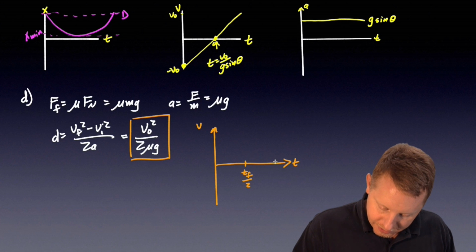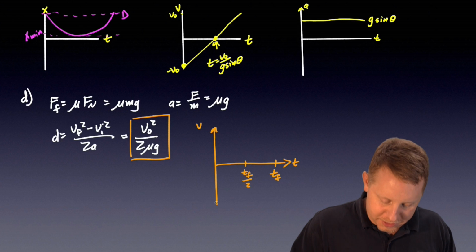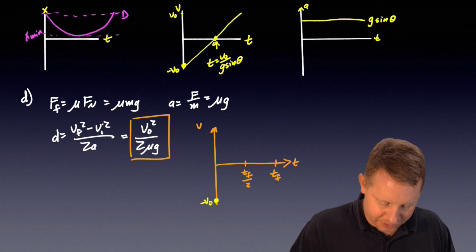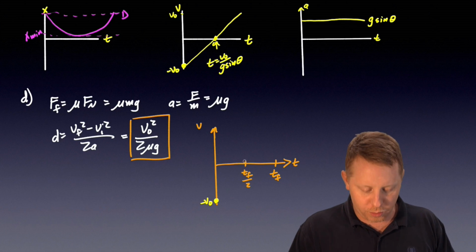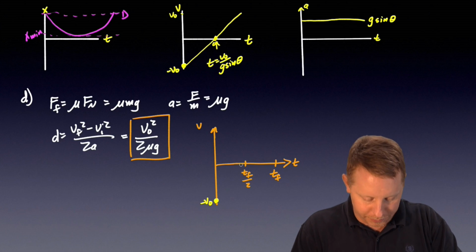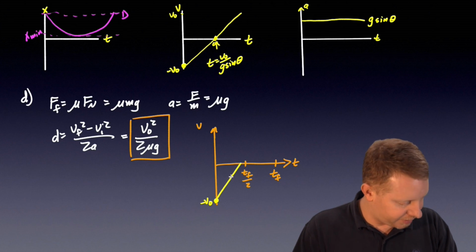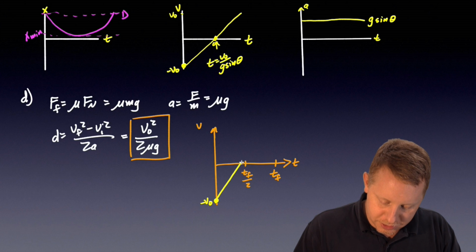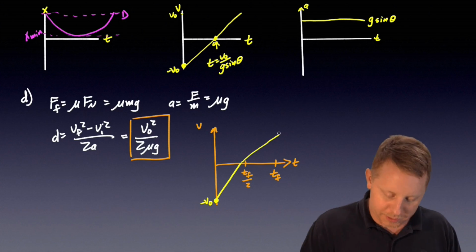Well, once again, we know the initial velocity down here, it's minus V naught. And as we travel, this time when we have friction up there, we're going to hit zero velocity before we reach TF over 2. So I would draw it like this, and then our slope's going to shift a little bit as we go off like that. So you could go in a little bit further